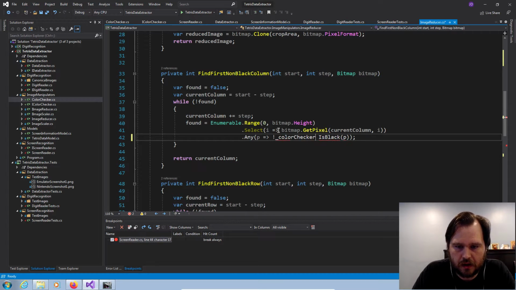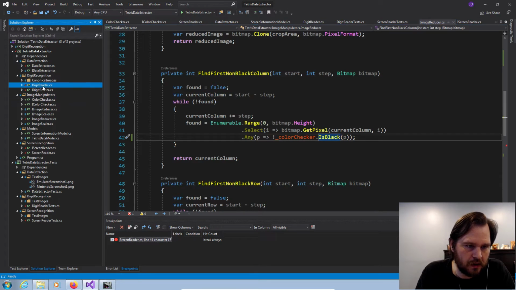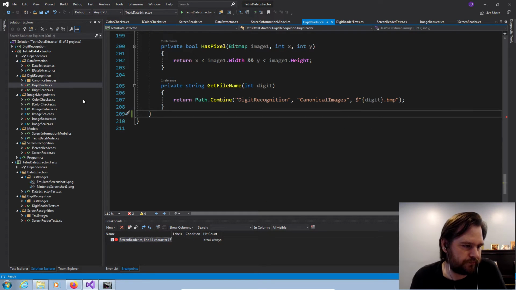Okay. Color checker dot is black. So now we're going to use our new is black method. The digit reader